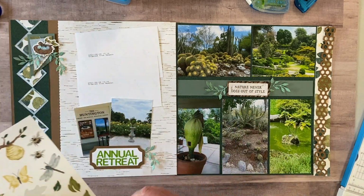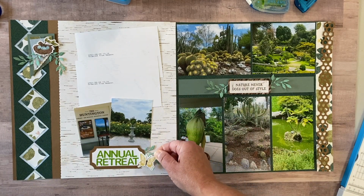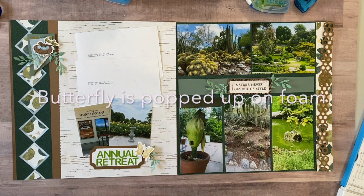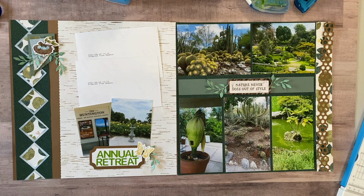Okay, down here, maybe the butterfly. I do like butterflies. So I might put that somewhere like this. And maybe I won't put my title up on foam tape. I like that. So what I need now, I think, is some fine tuning. I have my big embellishment. I have the small pieces tucked in. Now I need some finishing touches, which would be